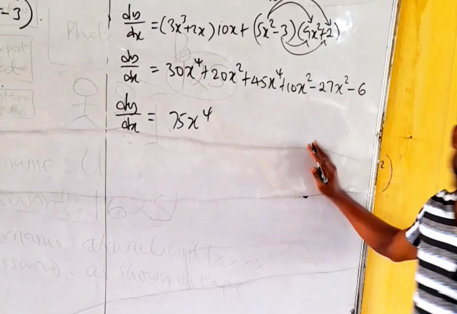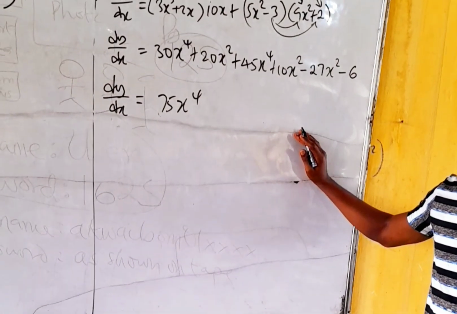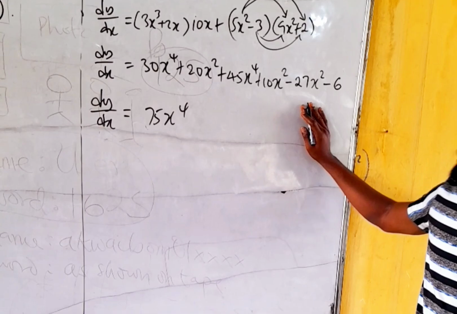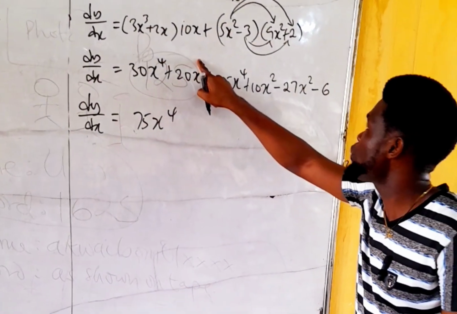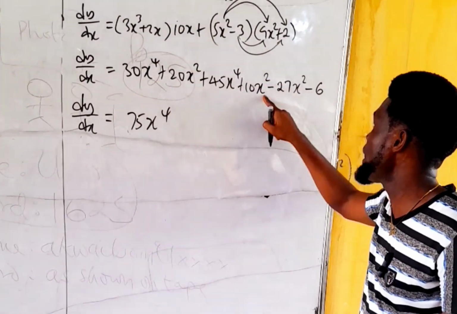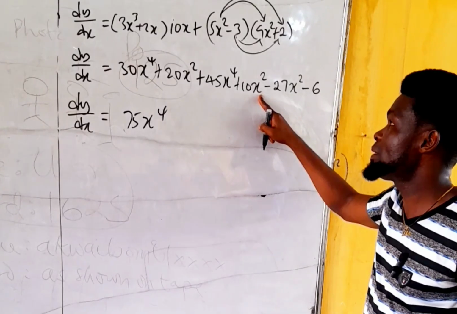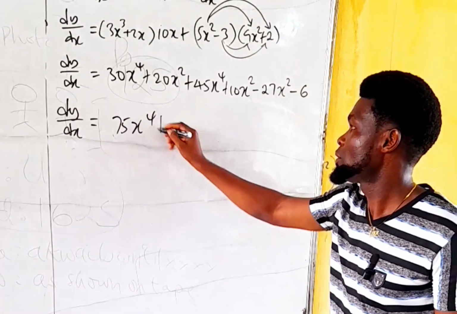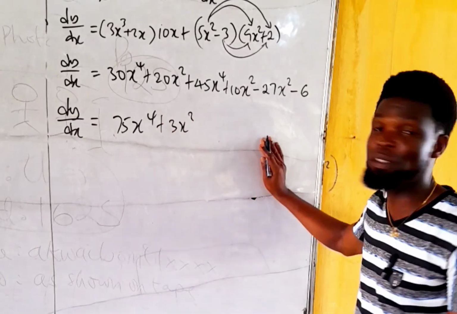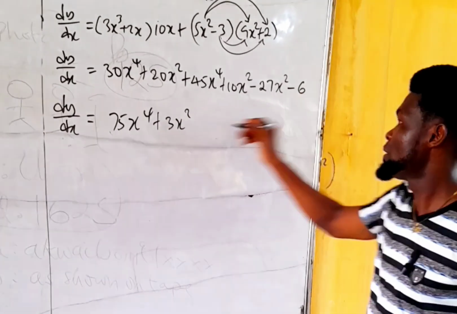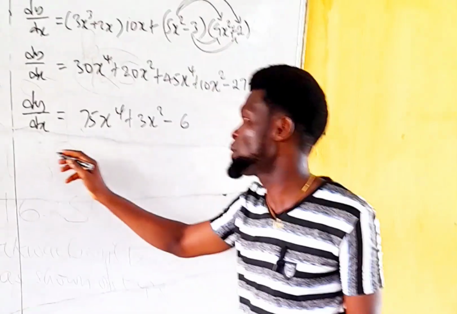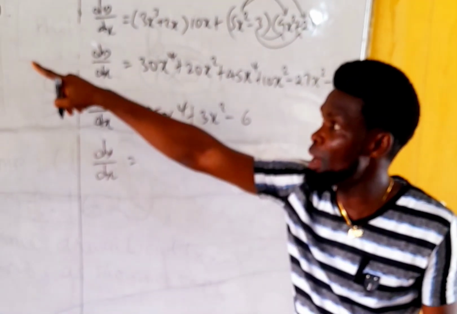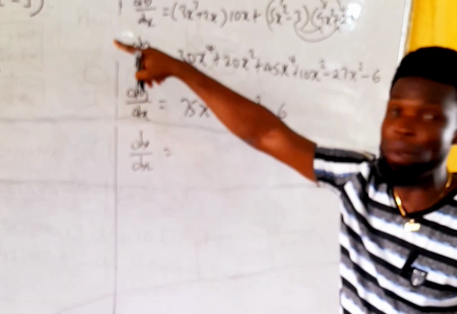Now, is there power 3? No. Jump and pass. Is there power 2? Yes. Let's go. 20x squared plus 10x squared is 30x squared. Minus 27x squared gives 3x squared. So that's plus 3x squared. Is there a constant? Yes, which is minus 6. So that means that dy over dx of that function, 3x cubed plus 2x into 5x squared minus 3, is